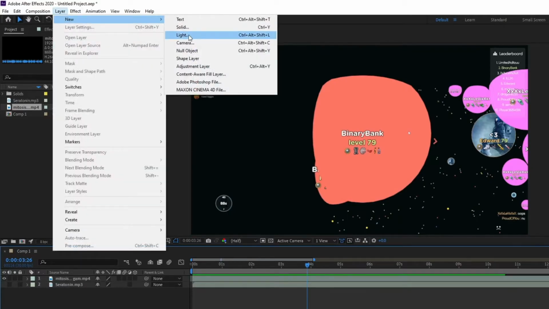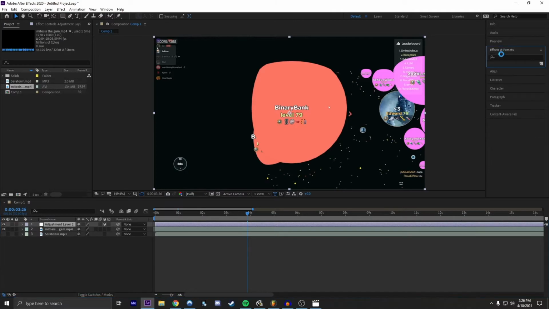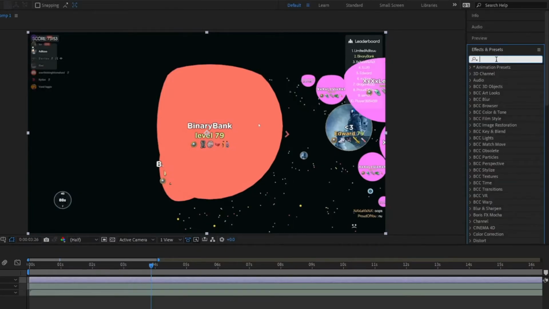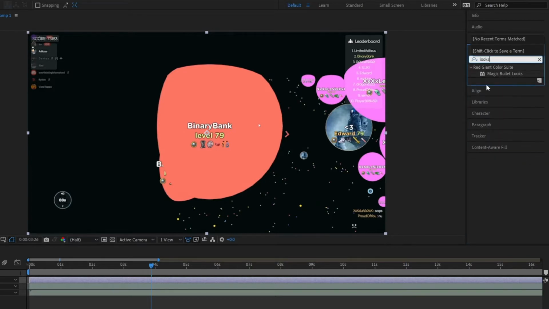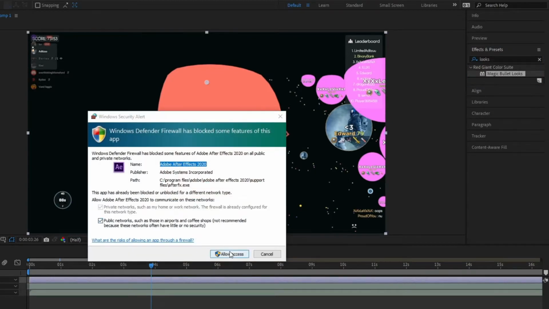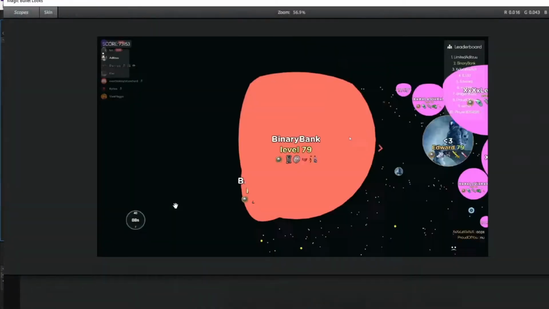Once you've downloaded Magic Bullet Looks, we're gonna make a new layer. Then come over here to Effects and Presets. Let it load, and type in looks, and just drag it on there. It'll probably ask you something. Then click edit, and then